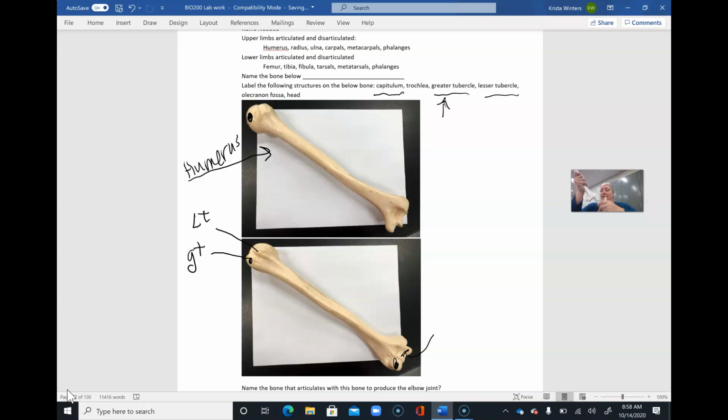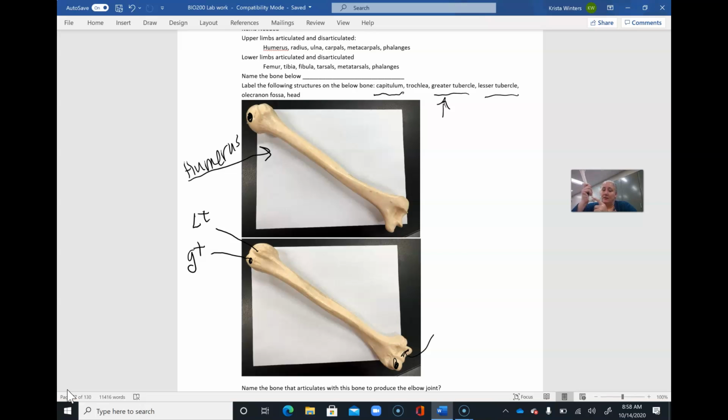The trochlea articulates with this bone known as the ulna. So we have the ulna there and the radius here. And so the bones kind of sit together like this, okay? So capitulum, trochlea. And then if I flip